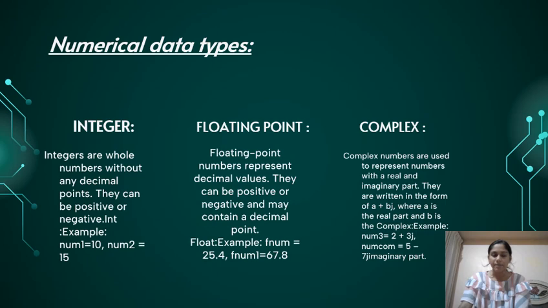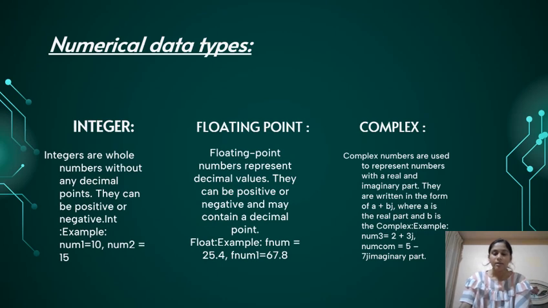Numeric data types. First, integer. Integers are whole numbers without any decimal points. They can be positive or negative. Example, number = 25, 10, etc. Floating point. Floating point numbers represent decimal values. They can be positive or negative. Example, number = 25.4 or